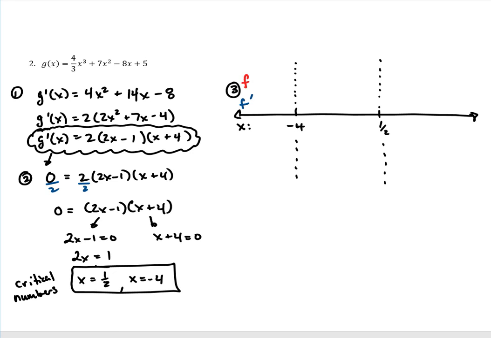Okay, so you can start wherever you want. I'm going to start in the middle because I know 0 is in between negative 4 and 1/2. So I'm going to plug that into my derivative function here. I'm going to have to stack it a little bit. So g prime of 0 is equal to 2